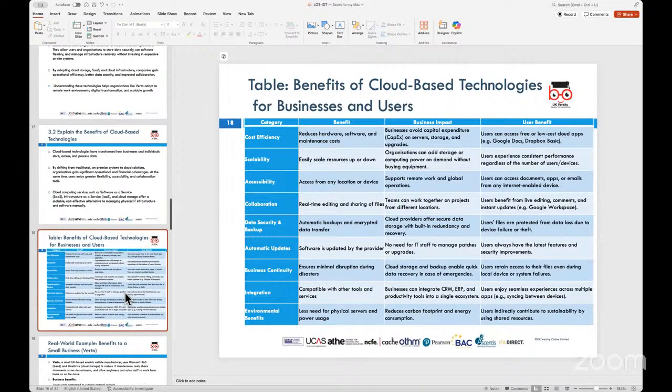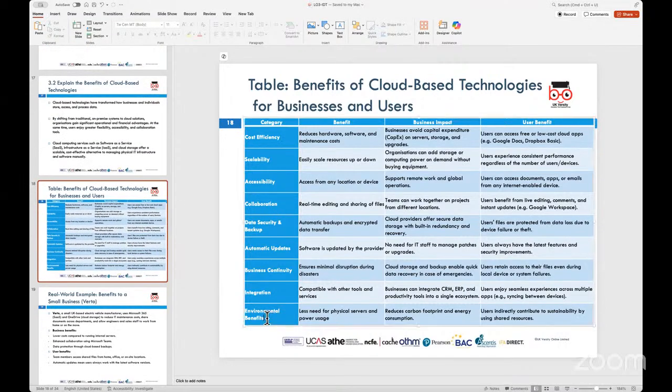Now, one of the other major advantages that we are looking at is environmental benefits. With IT proliferation at its highest, what we see is that everybody has more or less some sort of computer-based or IT-based equipment at home, whether it's tablets, mobile phones, PCs, laptops, smart TVs, or other types of internet-based devices.